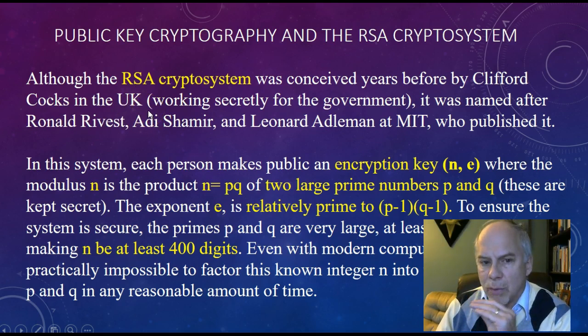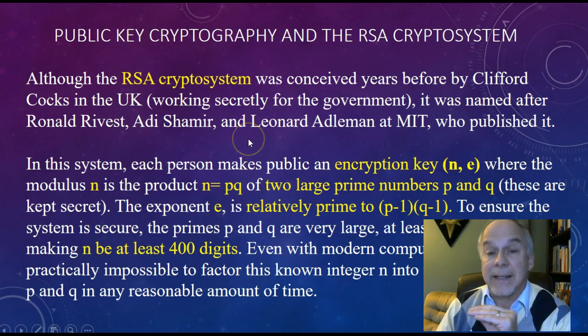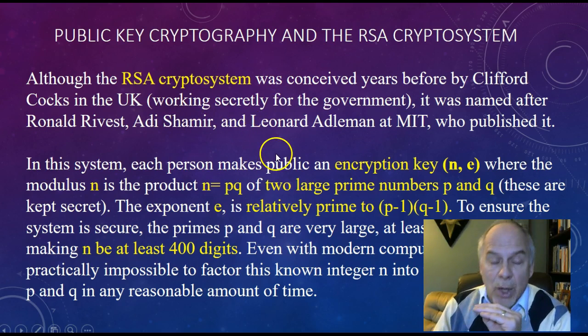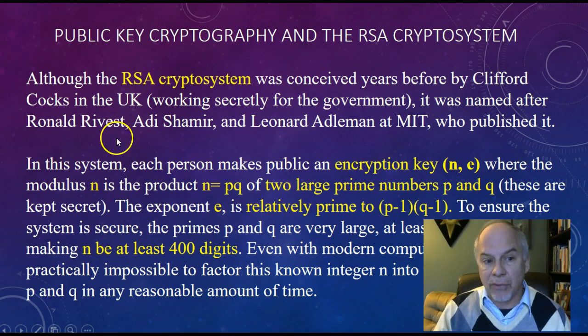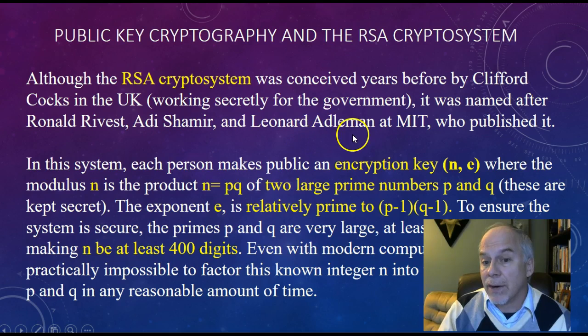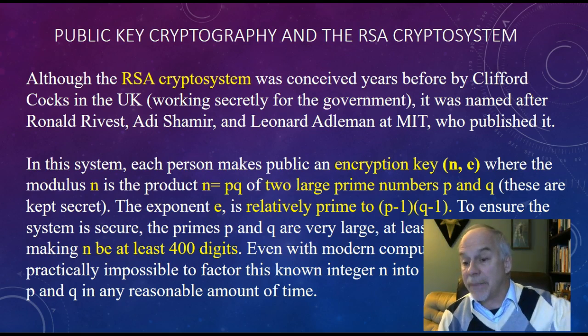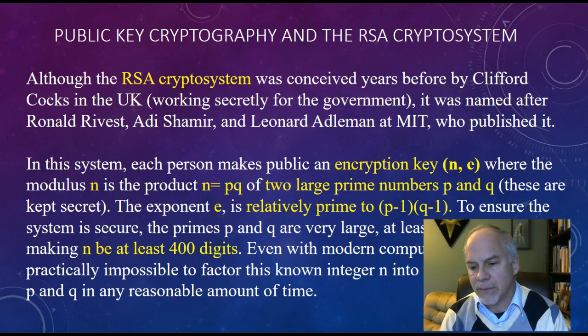He was working secretly for the government of the United Kingdom in the 1970s, okay? But it was named after Ronald Rivest, Adi Shamir, and Leonard Adleman of MIT. They published it and got official recognition or credit for it, even though Clifford Cocks had independently developed it back